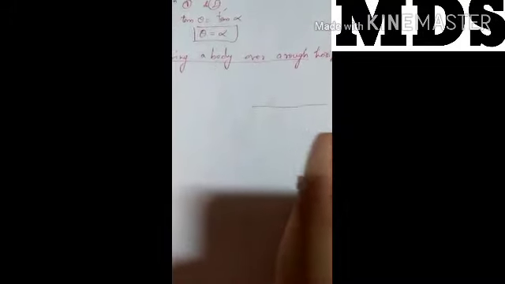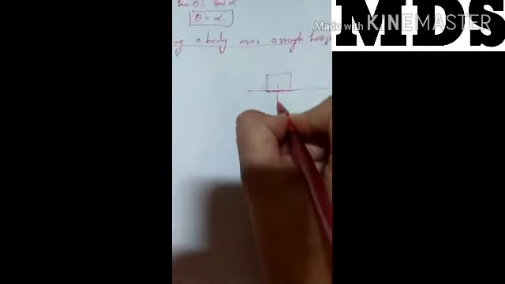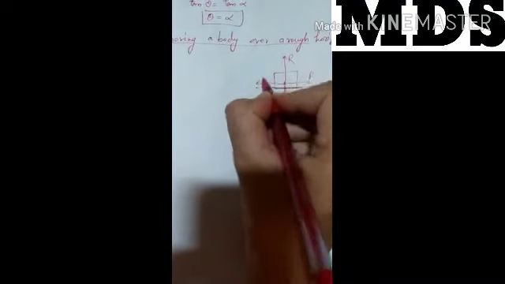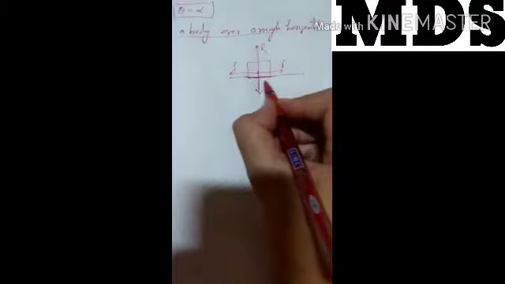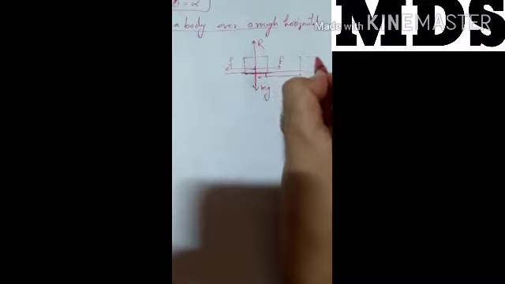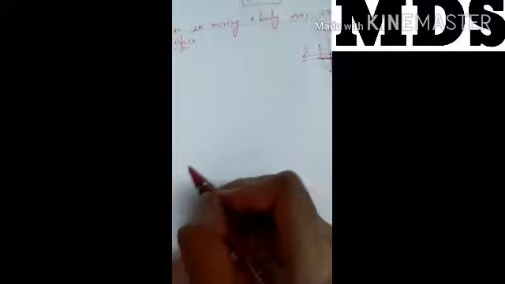Let this be the horizontal plane, and on this plane we take this object. Remember, this vertically downward force always acts from the contact surface, not from the middle. But so that it is easily visible, we are drawing it from the middle. That is mg, and the vertically upward force is the normal reaction. If a force is acting in this direction, then friction will act in the opposite direction. Clear? After some time it will shift from here to there, and the distance, the displacement, is s.